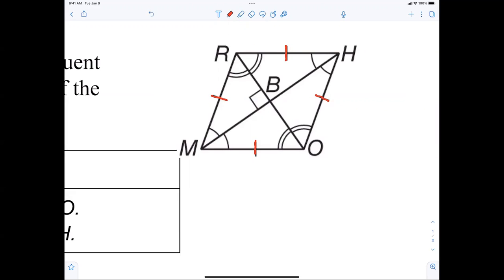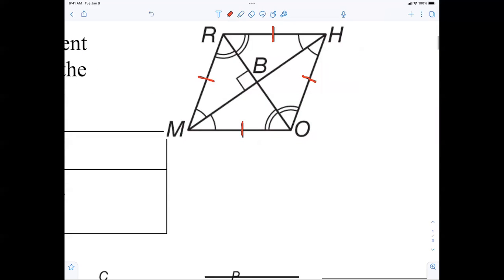Now, what's true in a parallelogram about the diagonals? What's true in a parallelogram? Who can remember? First of all, are those diagonals equal? Yeah. Do they look equal? Let's start with that. Right, so let me